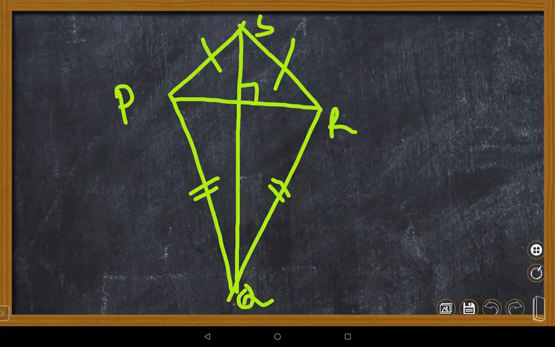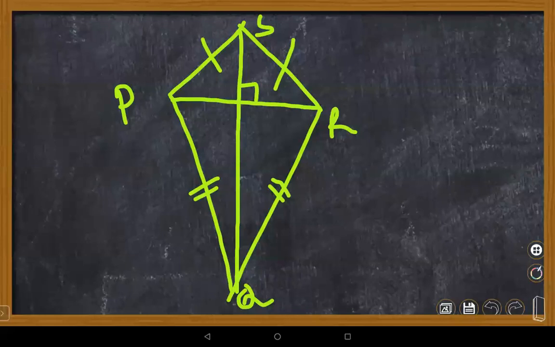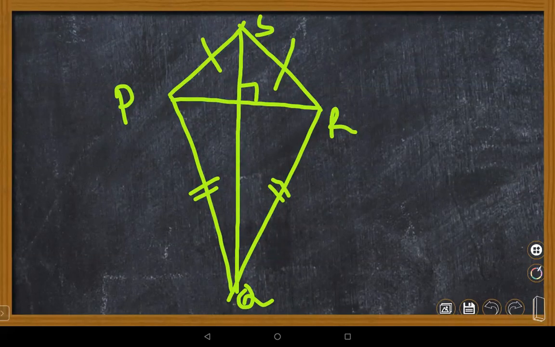The rectangle and square are very simple, children. You can answer that because opposite sides are equal. All sides are equal in a square. Opposite sides are equal in a rectangle. Ma'am, and angles are equal to 90 degrees. That you can do on your own, children, because I didn't explain the question. Some possible questions on that. Kite, do you have any questions with kite, children? Please share with us so that we can solve.